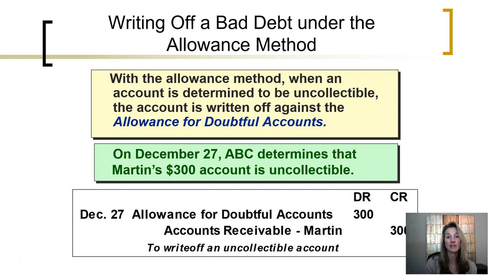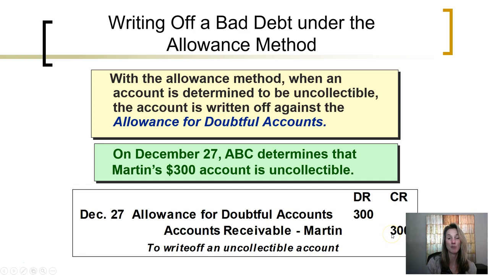All we need to do is write that account off of the general ledger, clear it out of any account that has an amount related to this bad debt. The two accounts that have an amount related to Martin's bad debt are accounts receivable, and so we will credit